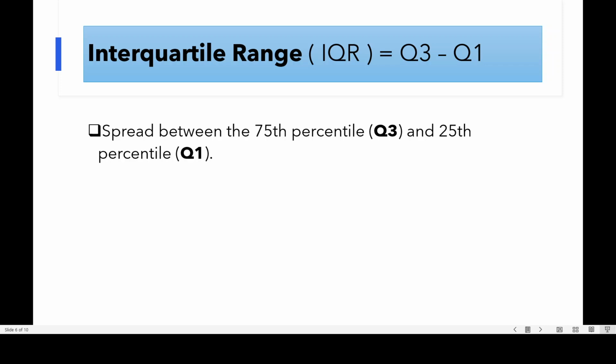So interquartile range is actually the spread between the 75th and 25th percentiles. Half of the observations fall within the interquartile range regardless of the distribution shape. A larger interquartile range indicates a wide spread of the data in the middle 50% of the data set. A smaller interquartile range signifies a tighter concentration of the data in the middle.